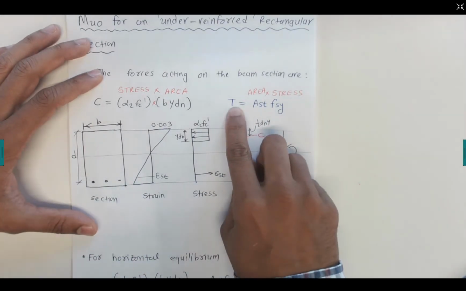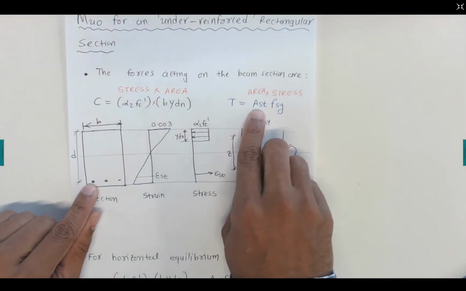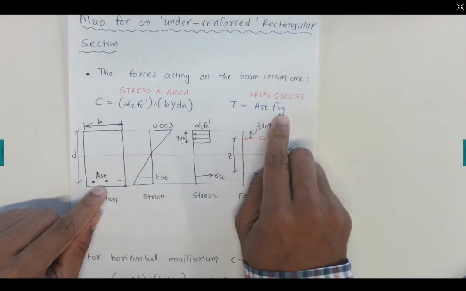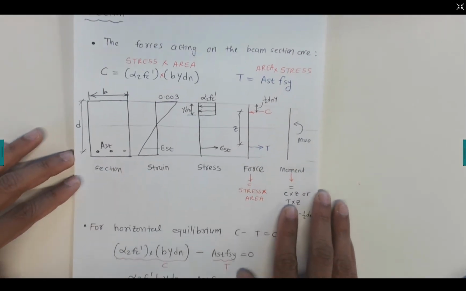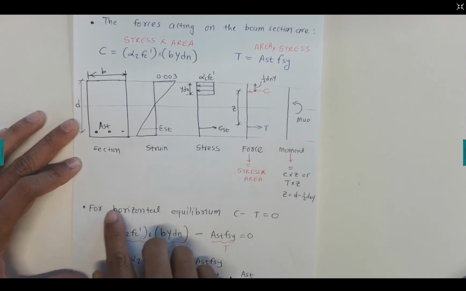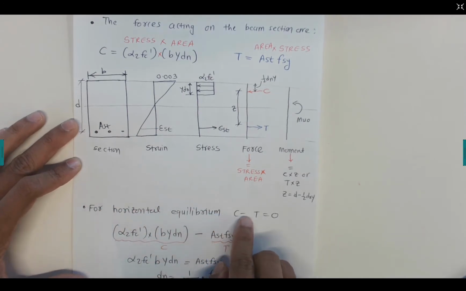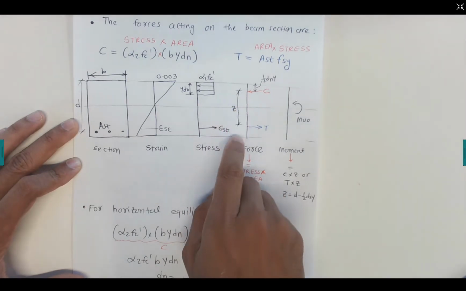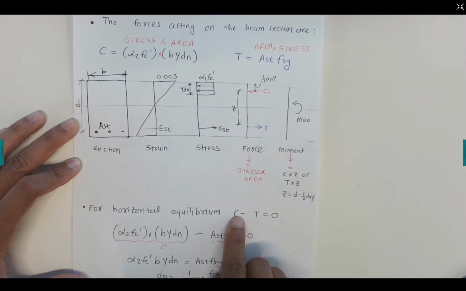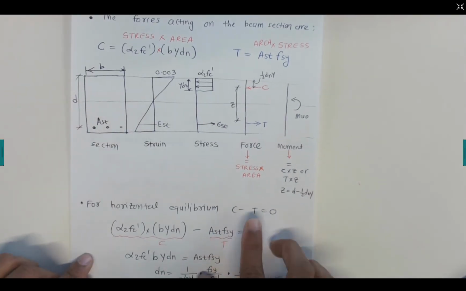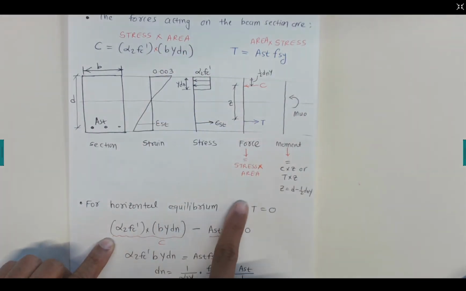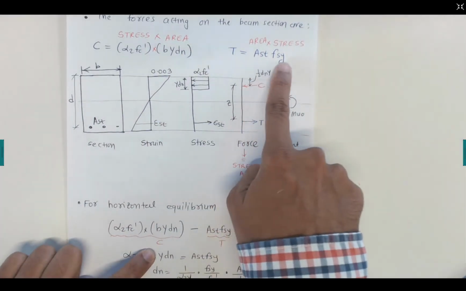And similarly for the tensile force, the area is Ast, so the total area of the tensile reinforcement is Ast here, times the yield strength fsy. Now this section is in equilibrium, so we can maintain horizontal equilibrium by saying the sum of the forces in the x direction equals 0. Let's take this one positive C, and this negative T, equal to 0. Now we substitute these values. C is alpha 2 f'c b gamma dn, that we substitute here, minus the tensile force,